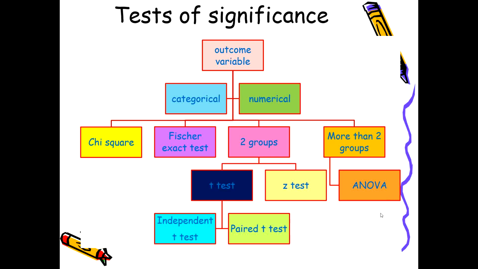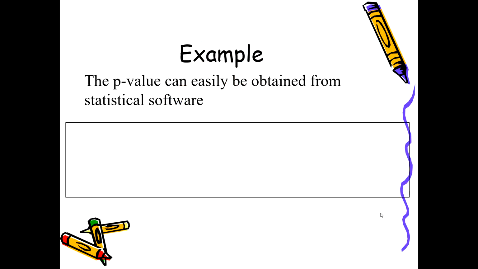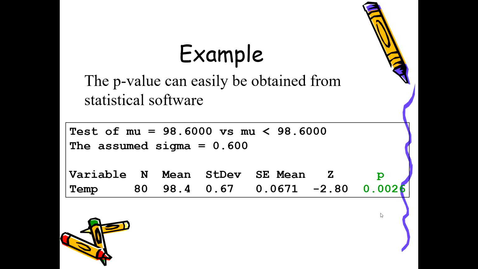All these tests of significance will be run in the Statistical Package of Social Sciences, and you will get the p-values by cross tabulations between the independent and dependent variables. The p-values will be given, and how will we interpret these p-values? For example, this is the statistical software. The results have been generated, and the p-value is 0.0026. So what will you say? If the p-value is less than 0.05, it means it is a significant